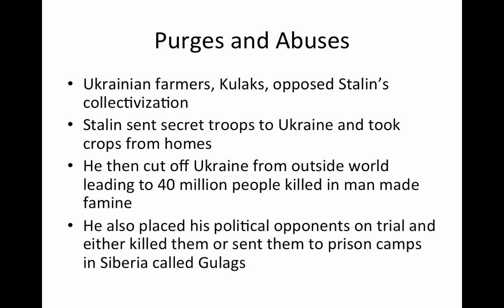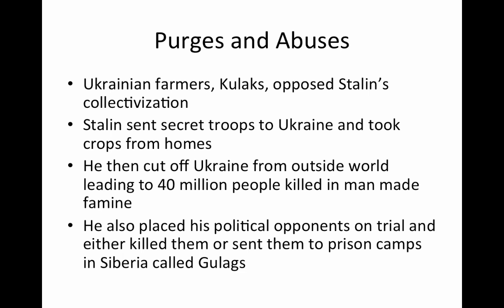Purges and abuses. The Ukrainian farmers, known as the kulaks, opposed Stalin's collectivization. So Stalin sent his secret troops to the Ukraine, and they took crops straight out of the home. He then cut off the Ukraine from outside world trade by blockading the roads. This was done in the dead of winter, and so by the time he was done,